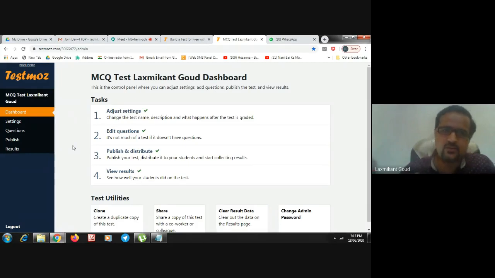So when you practically create this, you can see in your dashboard whether you completed your settings or not. If not, then a red cross mark is there. Whether you prepared all the questions or not. If you prepared, a green right symbol is there. If you have not prepared, there is a red cross sign. Then publish and then view results. So first we will see the settings.